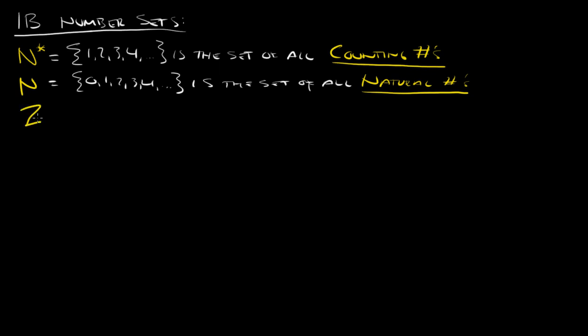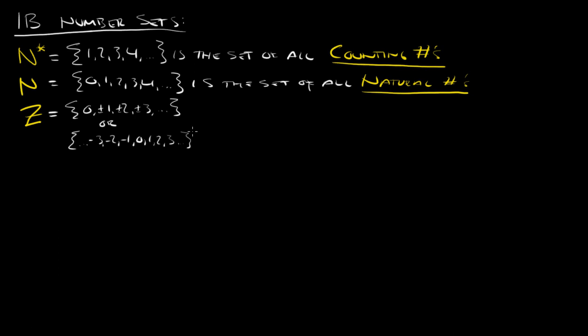Next one is Z, and I will always put a slash through my Z so that it does not look like a 2. So Z is a set of numbers which the book gives us 0, plus or minus 1, plus or minus 2, plus or minus 3. I like to think of it as set of all numbers ... negative 3, negative 2, negative 1, 0, 1, 2, 3,